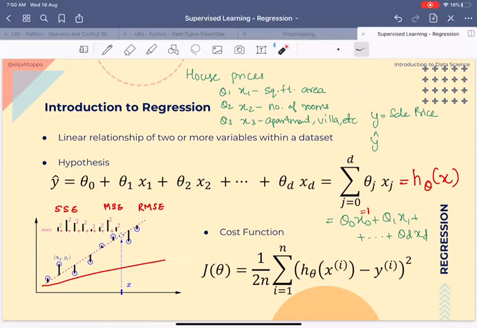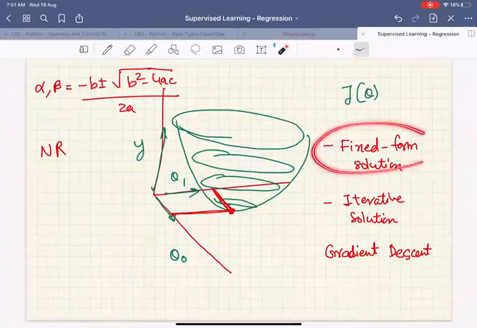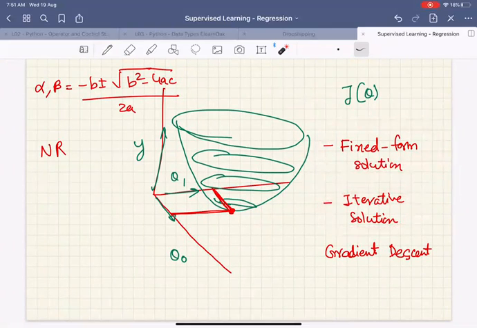And even though we have a fixed form solution, it is cheaper to go for an iterative solution, cheaper in terms of time and in terms of hardware requirements. So the time and the space it takes to evaluate an iterative method becomes much less than evaluating the fixed form method. And that is a very true possibility, especially in data analytics, when we come across cases where we have millions of data points. And that is another reason that even though we have a fixed form solution, people would want to go for an iterative solution.